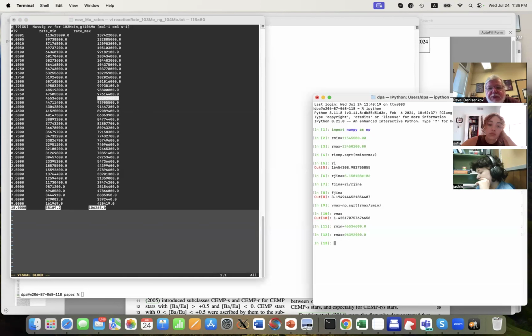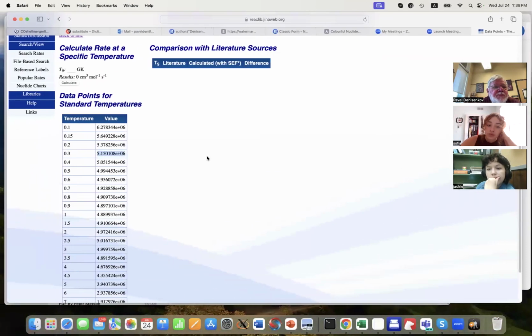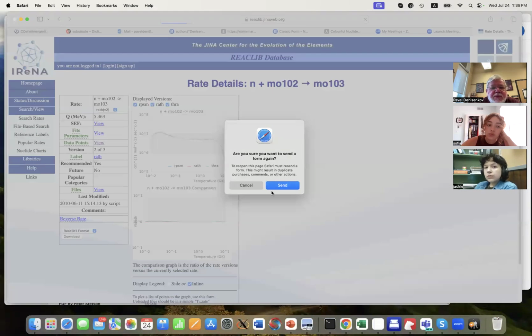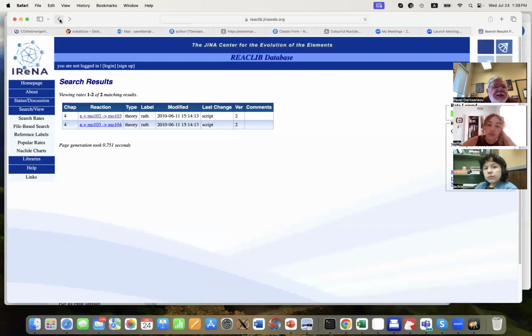Now I calculate the recommended rate, Ri. Now I have to check FGNA, sorry, FGNA for now molybdenum 103 and gamma.